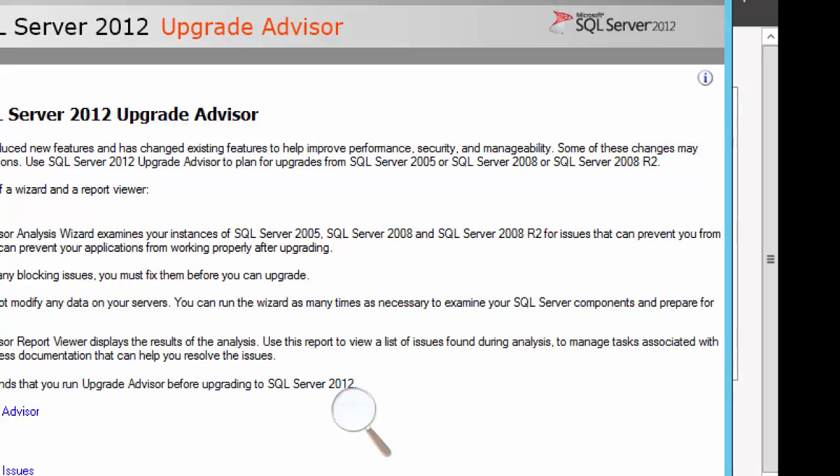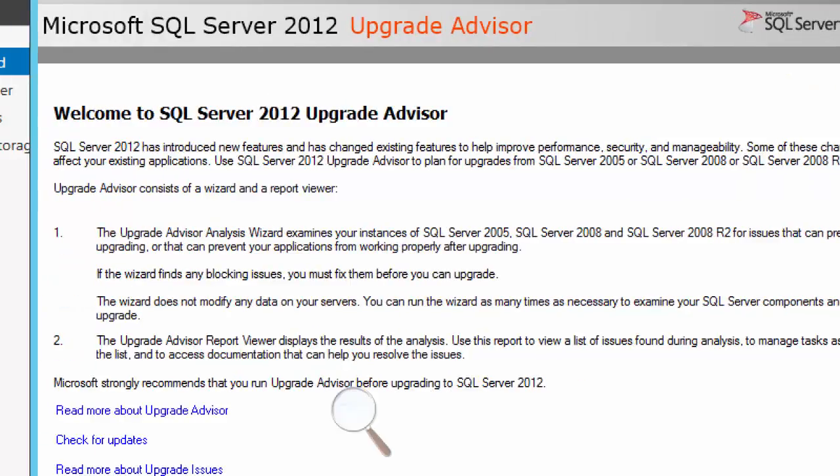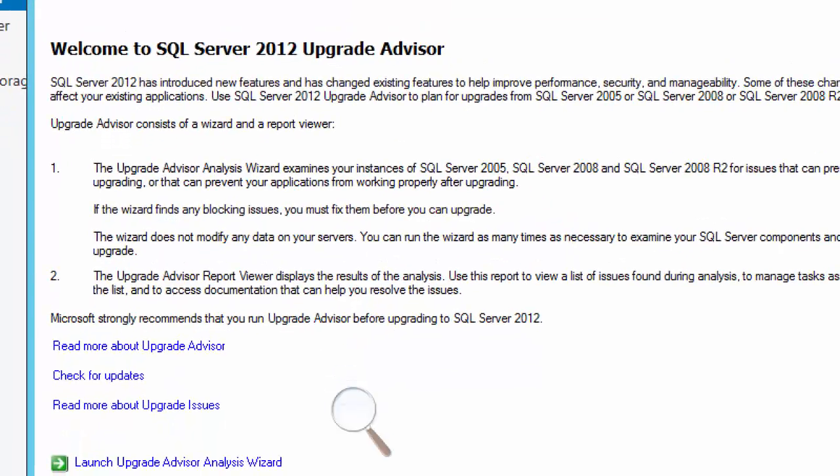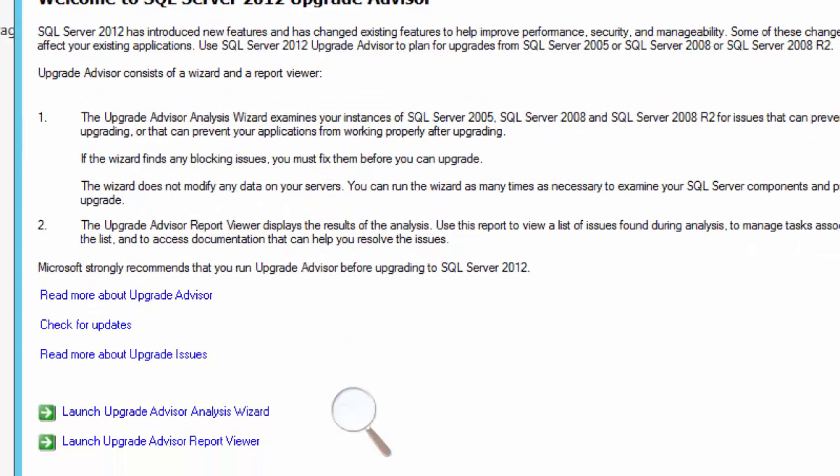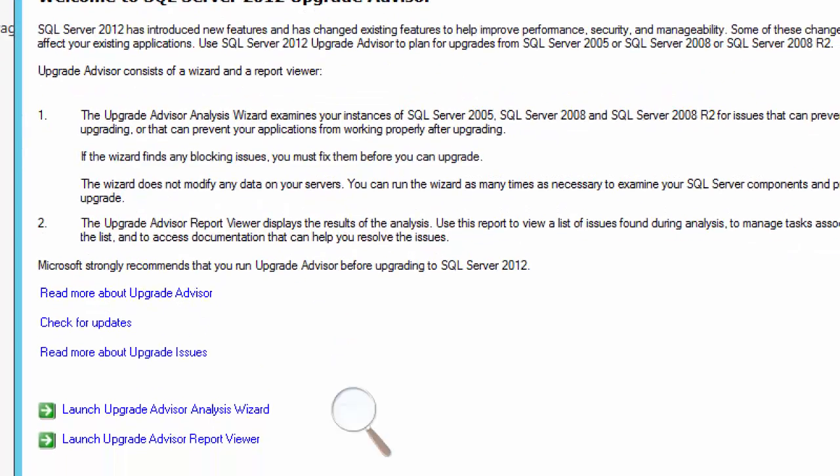So we have to put it on the source, where we are about to start from. There are two issues that can prevent you from upgrading. Also, the report viewer displays the results of the analysis. Microsoft strongly recommends that you run Upgrade Advisor before upgrading to SQL Server 2012. So for Upgrade Advisor, suppose we want to upgrade from 2012 to 2016.